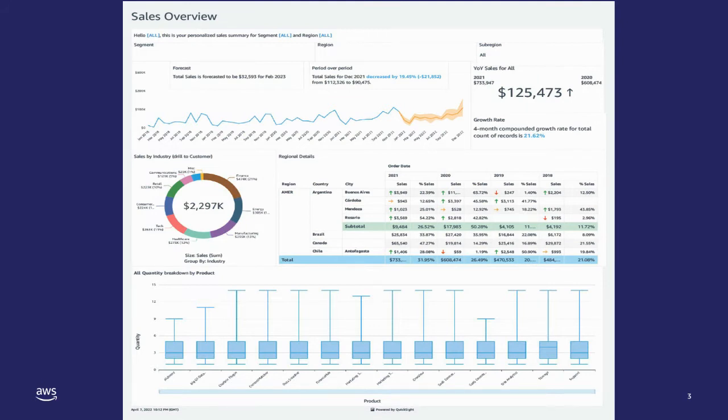Whereas Christy, she is personally responsible for the Asia Pac Japan SMB segment. So when she logs into the dashboard or when she receives the email content, she wants to be able to see data for that region and that segment, which is Asia Pac, Japan, and SMB. Now they have access to more data, but they want to receive only the preferred data as they receive the emails. So with our use case set and the requirements defined, let's look at the challenges that we need to